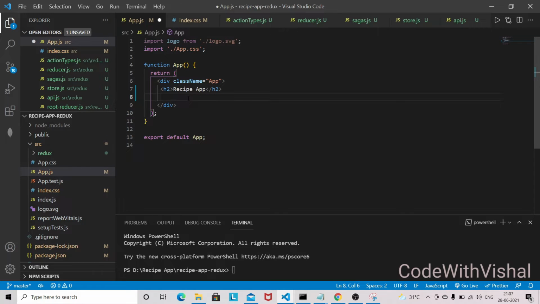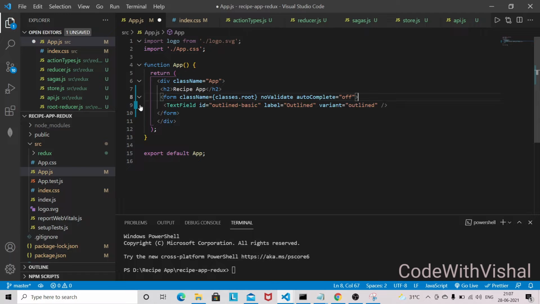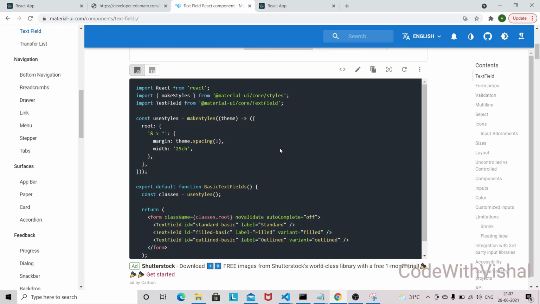So I'll be just copying here, and we are going to use the last input field here. So I'll remove these first two, and we don't need the label here, and we also need this style,